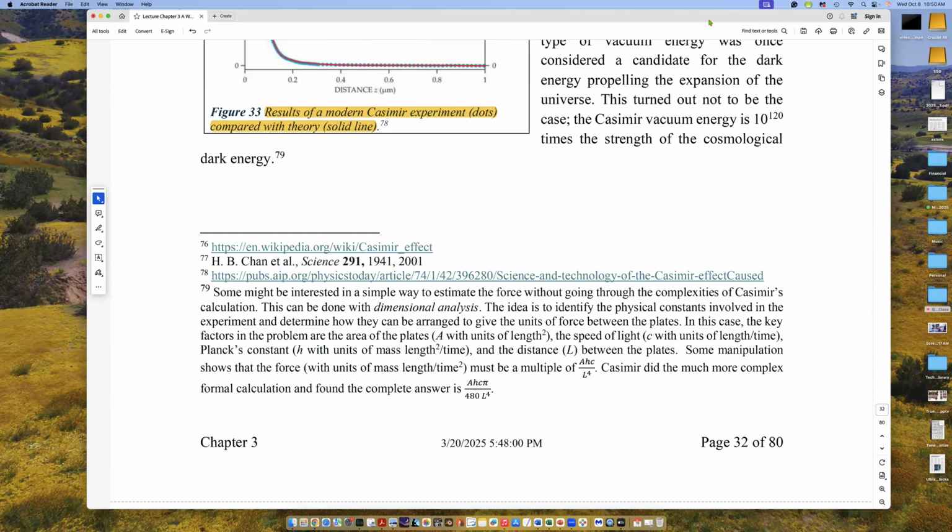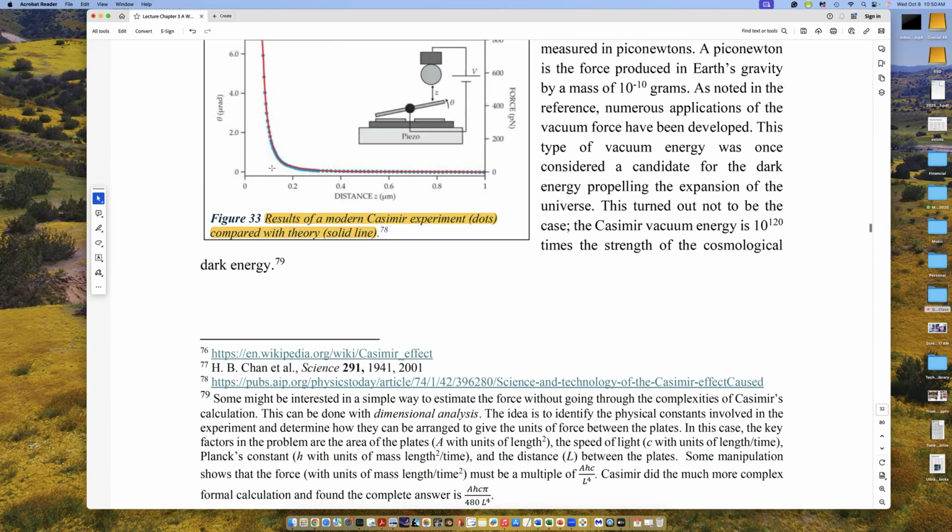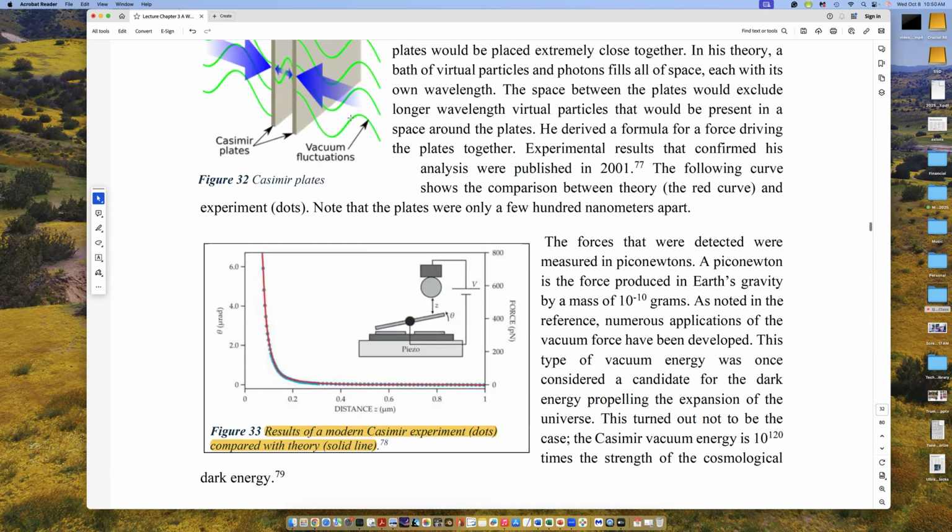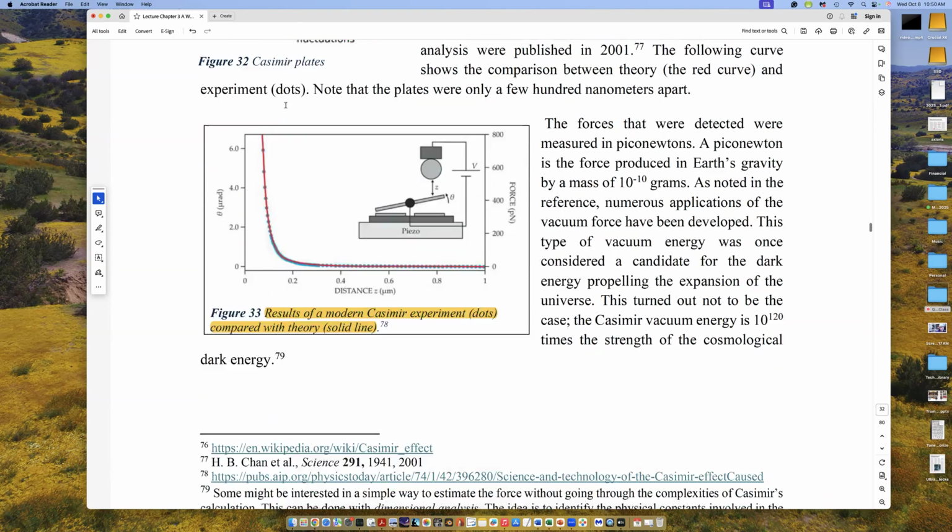Let me check the chat here. What are the other four states of matter? Is it solid, liquid, gas, and plasma? And does the energy in the vacuum behave as particles or waves? Well, it depends on how you want to experiment. What kind of experiment did you design? And in the case of the Casimir effect, I don't think it matters. The key thing is there's energy in the vacuum between these plates.